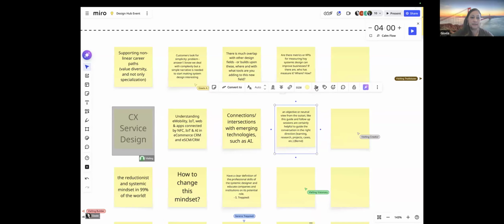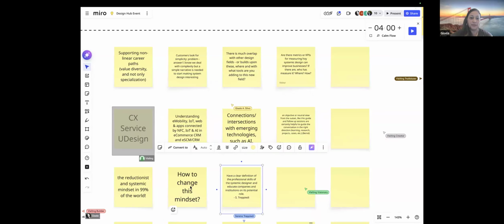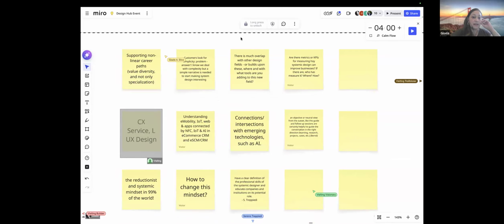Great, guys. Let's check some contributions. So, supporting nonlinear career paths, value diversity, and not only specialization. Great one. Customers look for simplicity, problem answer. I know we deal with complexity, but a simple narrative is needed to start to make systemic design interesting.